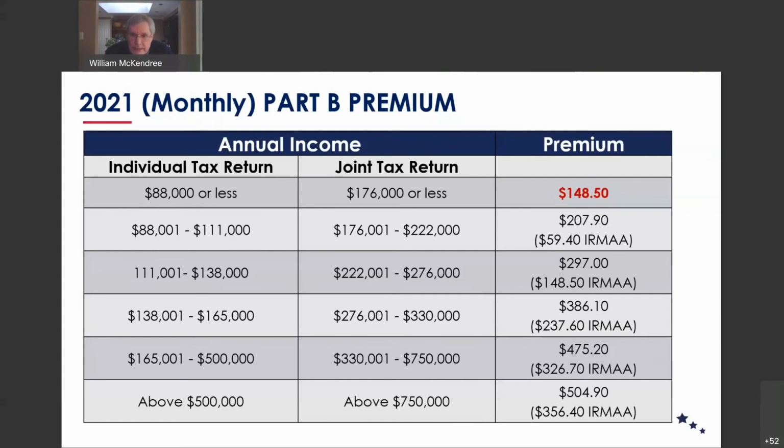bracket levels, the next 5 brackets all the way up to above $500,000 for a single person or $750,000 for a married couple, in addition to the base amount, the $148.50, there's going to be an IRMAA, an income-related Medicare adjustment amount. And that adjustment amount eventually becomes actually larger than the base amount. And that is paid in tandem with the base $148.50. Now, the good news is it's